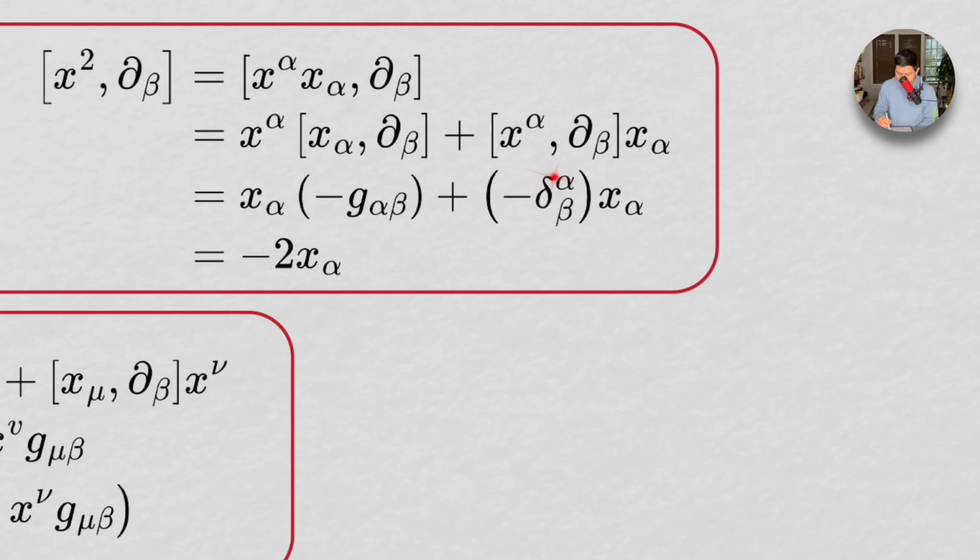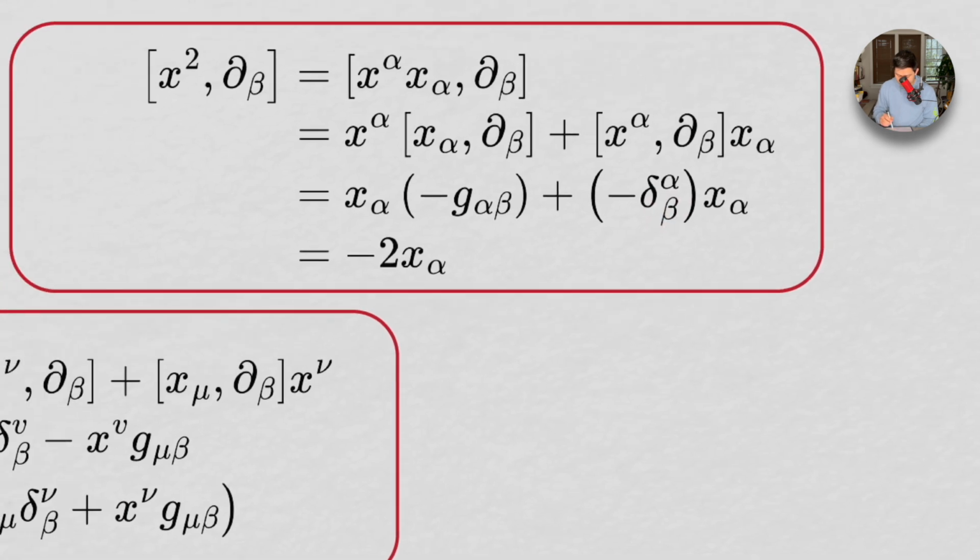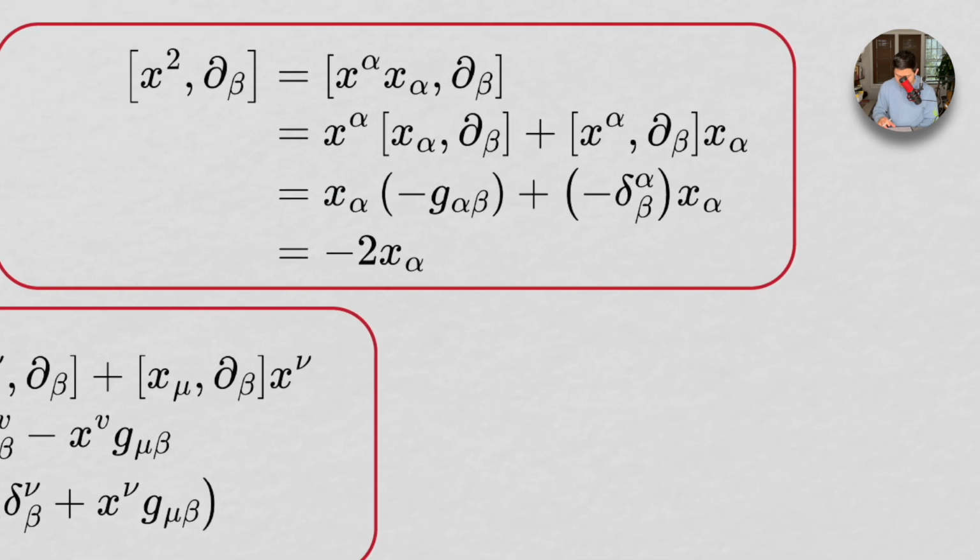Remember, g or the Kronecker delta is just going to sum over indices, right? So this is going to sum over beta, and then alpha, beta, this guy, and so we're going to get 2x alpha, right? Because this is going to sum over alpha, and then